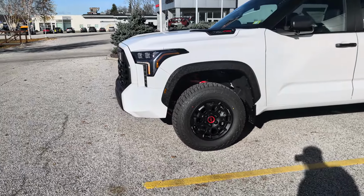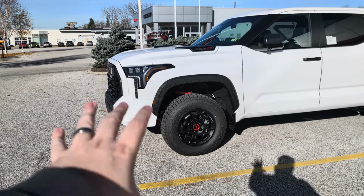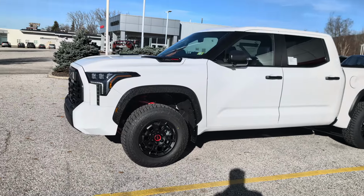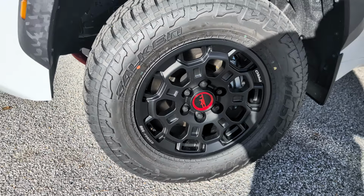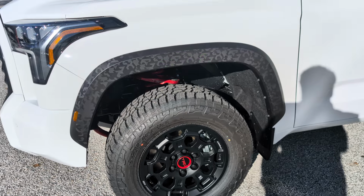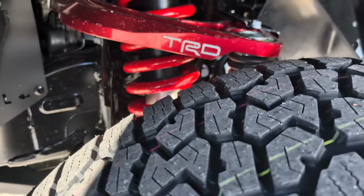Coming over to the right, you can see some more special things. Of course, this has Fox suspension, so you're gonna get a 1.1-inch lift up front, so this vehicle comes leveled pretty much. Those BBS forged wheels, got the logo right there. It's cool to see Toyota doing name brand wheels. They also did that with the GR Corolla with Enki wheels and also BBS as well on some of the